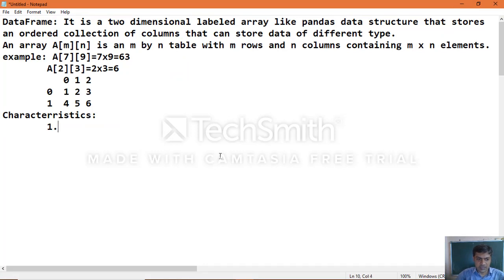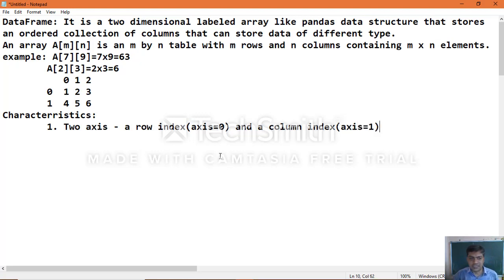One is that it has two indexes, or we can say two axes: a row index, which holds axis equal to 0, and a column index, axis equal to 1. That is one of the characteristics.